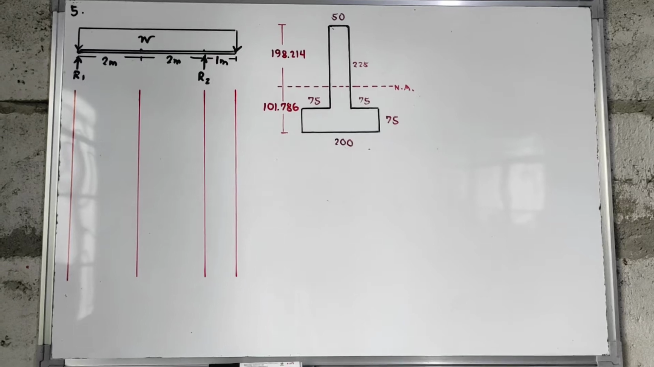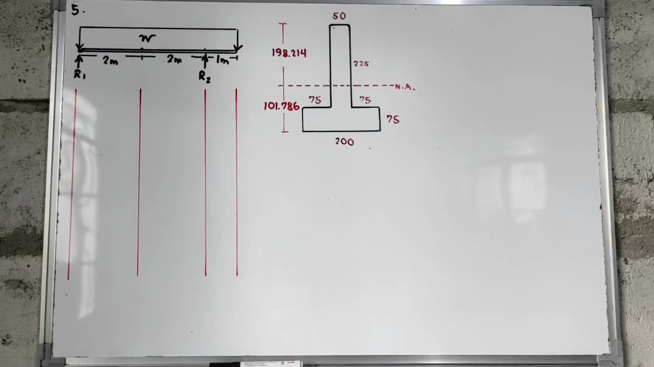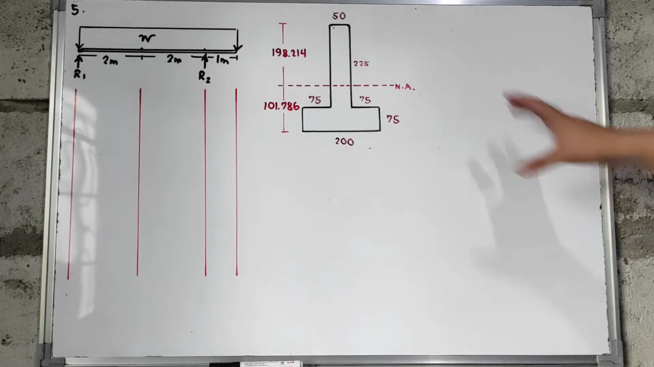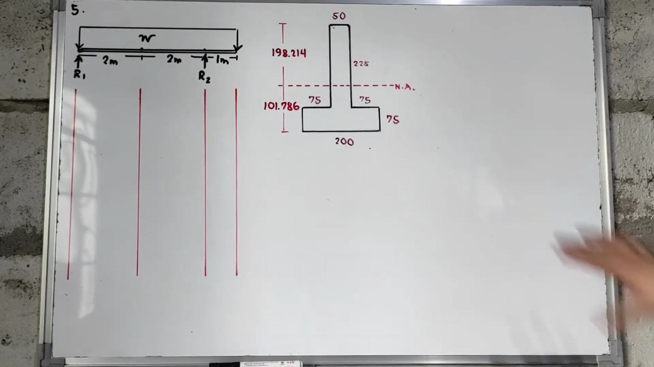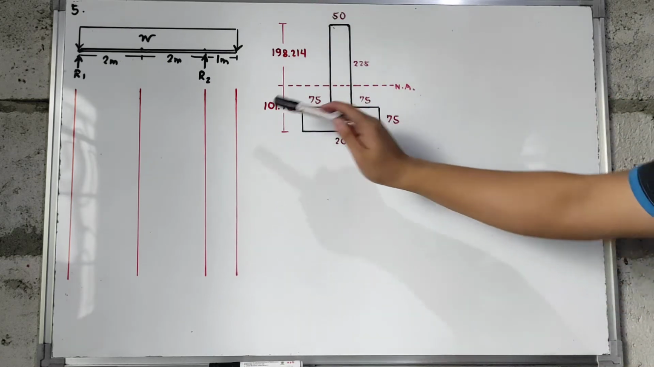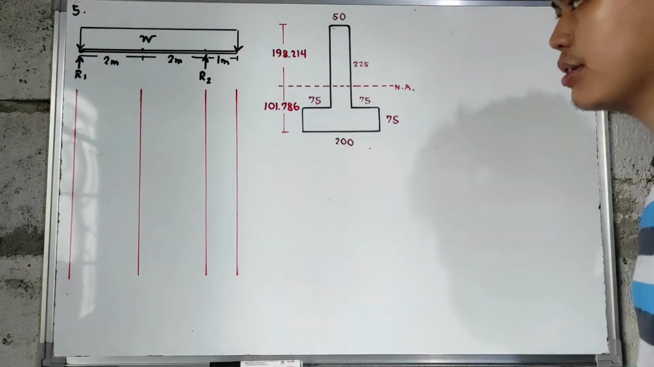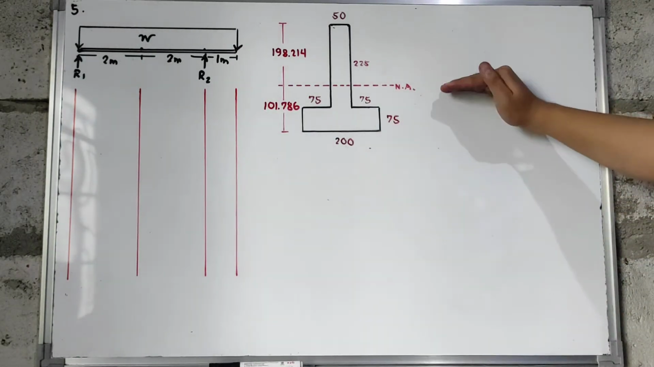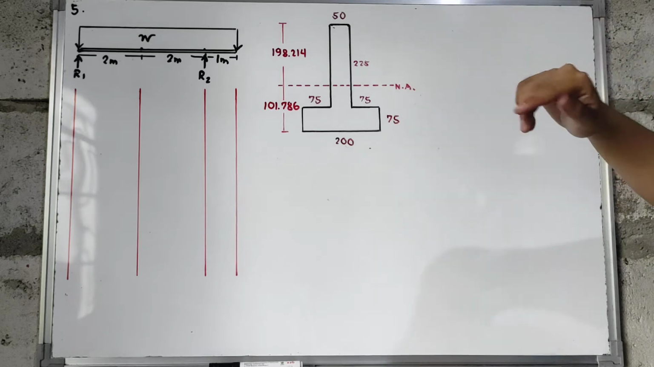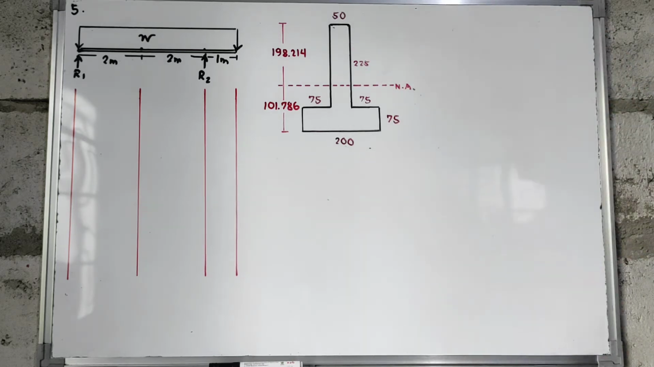Let us now consider sample problem number 5. So for this example, same pa rin yung cross-section ng beam natin. So meaning to say, parehas pa rin yung value ng mga C natin. So we have 101.786 from the bottom to the neutral axis. And from the neutral axis to the top, that is equal to 198.214